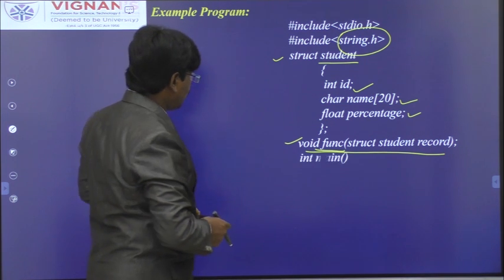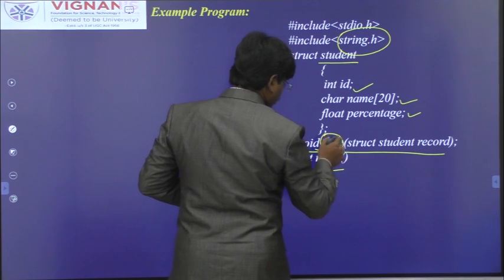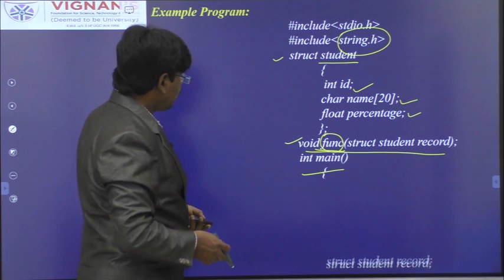After that, I have written the main function. This is the user defined function that I am going to define below, and this is the main function. After that, what I have written,